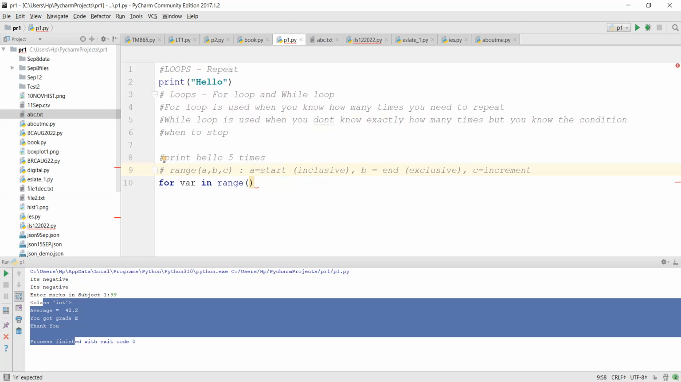So it's like not included up to, right? And increment is increment, okay? So now if I take a range with example,